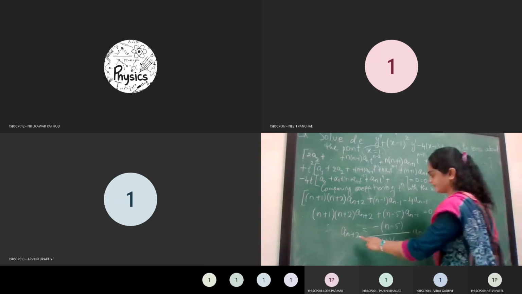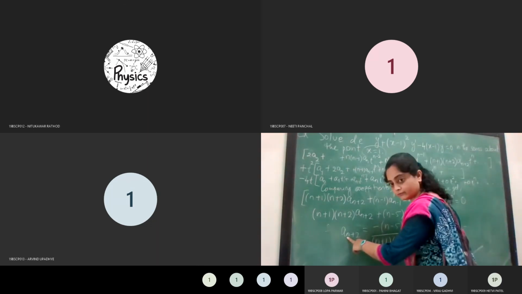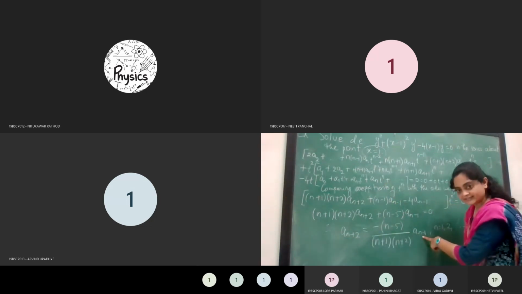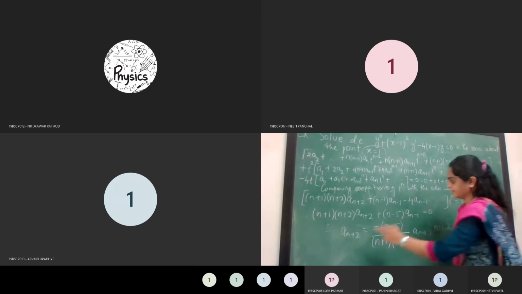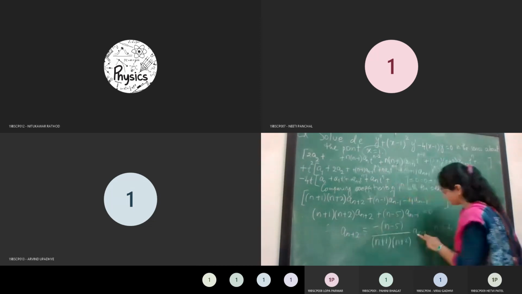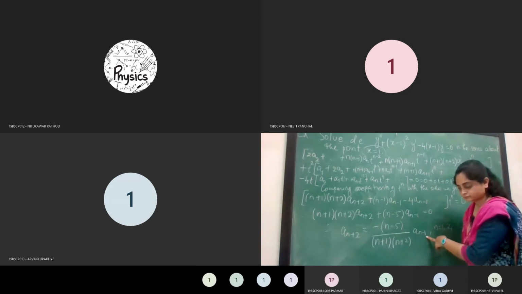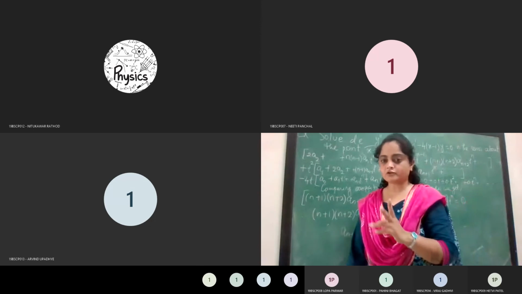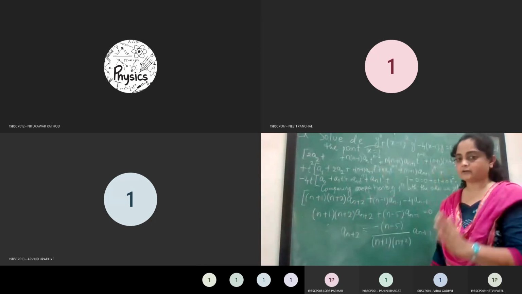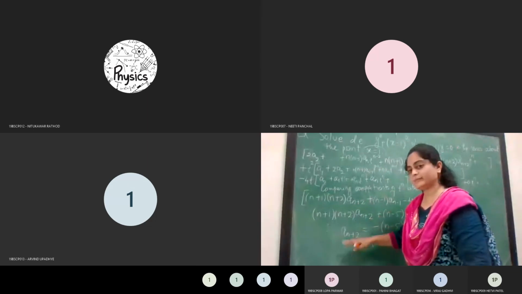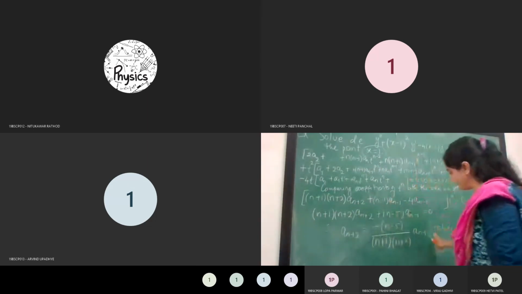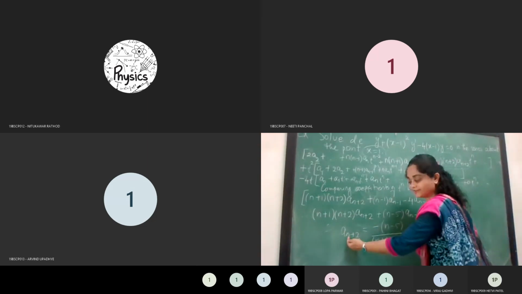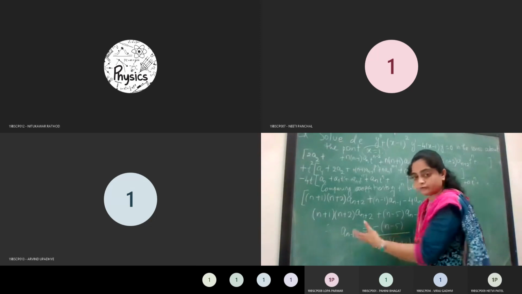Right? So now you can see if I take n equal to 1, then here it will be a3. So a3 will be in terms of a0. Then if I consider n equal to 2, then a4 will be in terms of a1. So now two constants will be there in the solution. Suppose we fix a0 and a1 as the constant quantities. So the other coefficients will be in terms of a0 and a1. But आपको यहाँ से ये recurrence relation से कहाँ से मिलेगा? It will start from a3, so we need to find out what a2 will be.